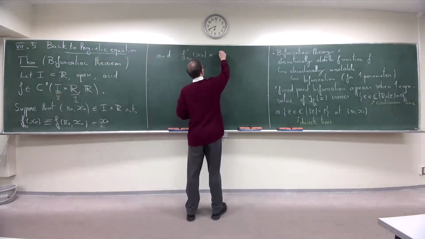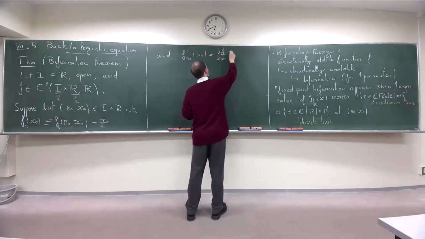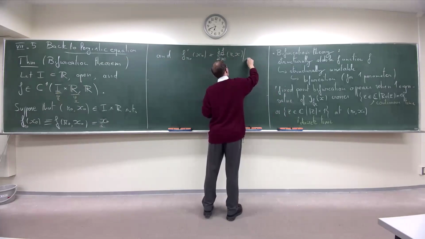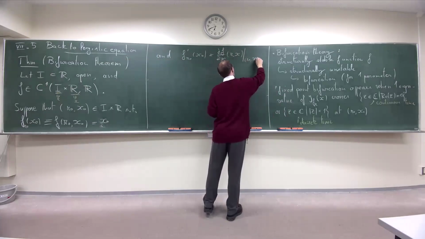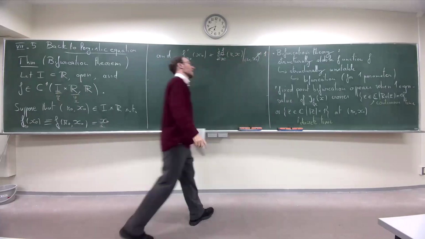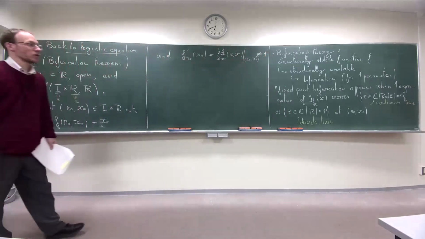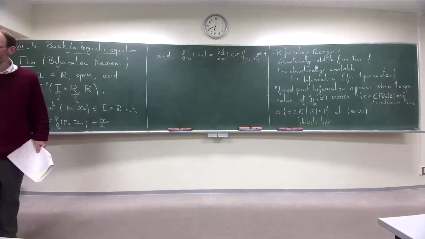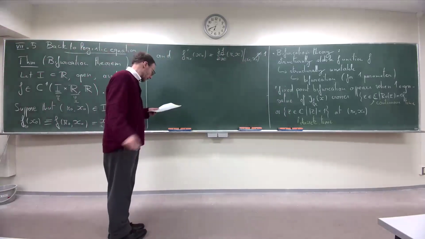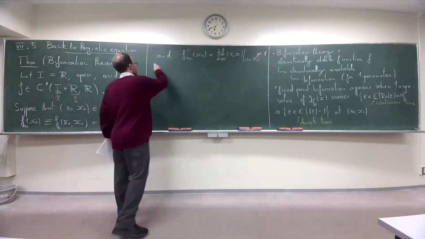It's the derivative with respect to the second variable, so it's the derivative of f with respect to x, evaluated at R0, X0. I assume that this is different from 1. In the implicit function theorem, usually you have to assume that it's different from 0, but you will see here it's natural to assume that it's different from 1 if you look at the proof. Then